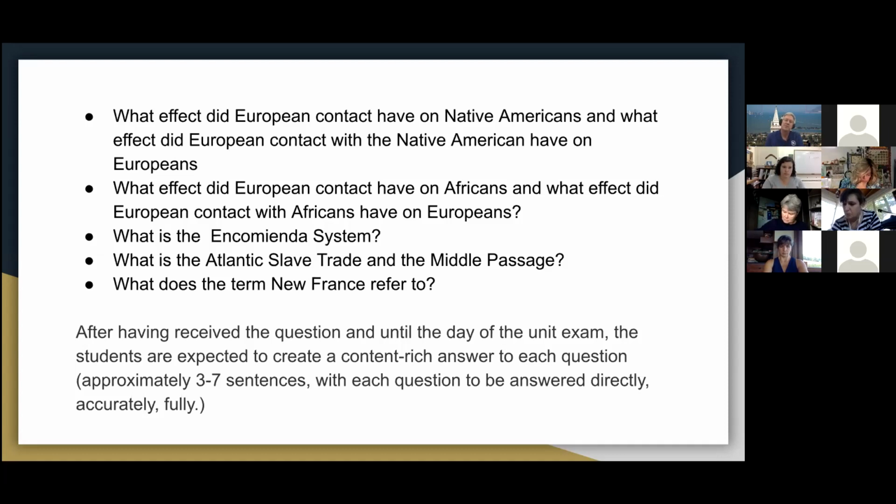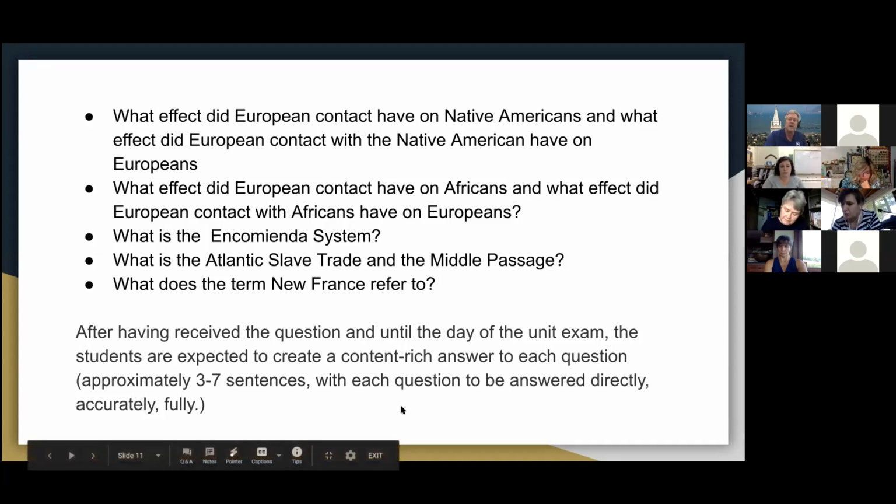In the US history course, what we say is we also want the students to be able to describe what went before each of the things they're describing, plus the short and long-term effect of both. So in other words, what was there before New France? What was New France? And then what was the short and long-term effect of this thing called New France? Same thing with the encomienda system and so on. And of course, a little harder to do when we're talking about Unit 1. But so I put these questions before them.